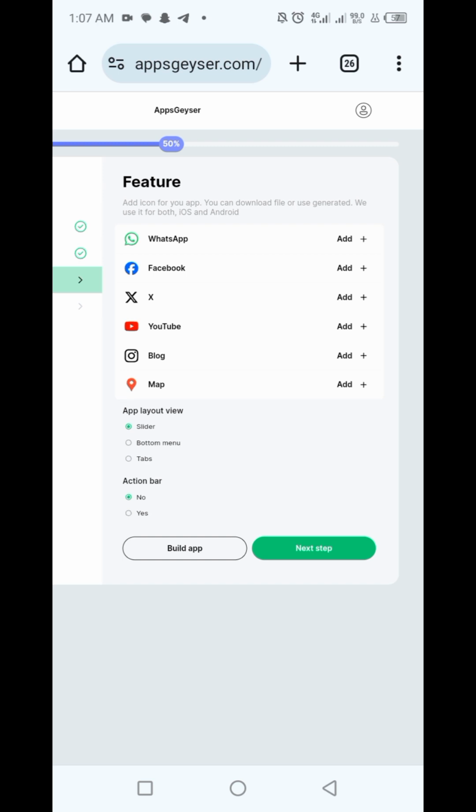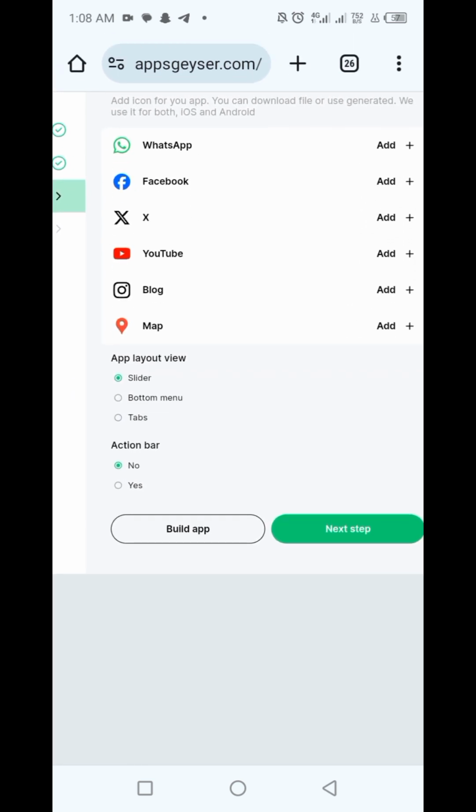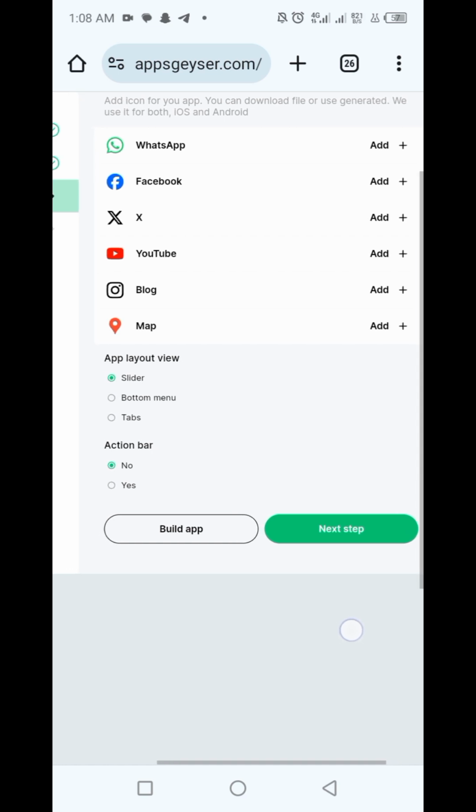Okay guys, have you seen the feature, add icon for your app? Let me take you through the process. This website allows you to create your app, and it also allows you to install an iOS application. So that is just the process. But for me, have you seen the app layout? Have you seen the button I will need? Let me just set